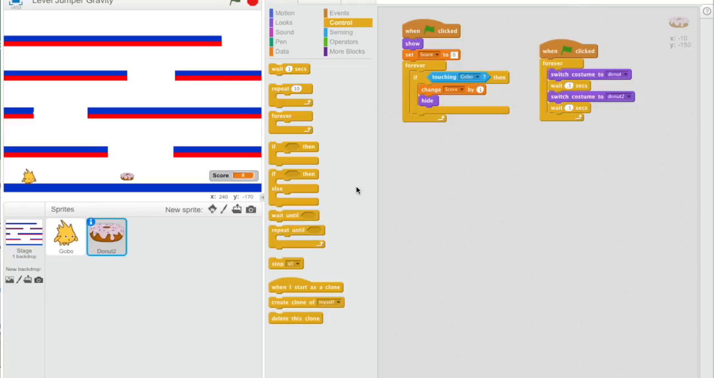Okay, now that we've got our character jumping around on the levels, it's time to look at our character gaining points by running over different items. In this case, I'm going to have little Gobo here eat donuts. Each of the items he is going to eat is going to be a sprite. Then we're also going to have different things for that sprite to do